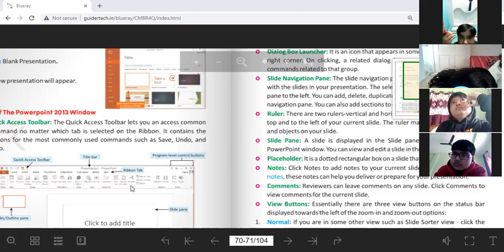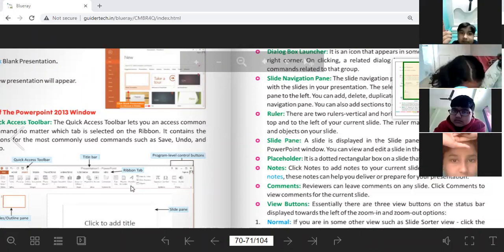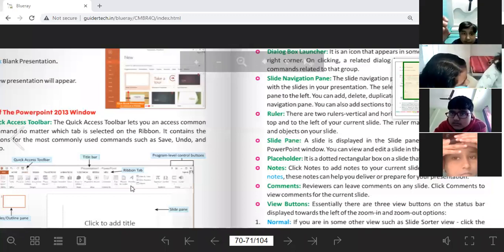From here we can either add a slide, add one more page, or delete any slide. We can copy any slide, that is making a duplicate. We can arrange the slides and organize them according to our preference, according to their number and according to how we want to present.